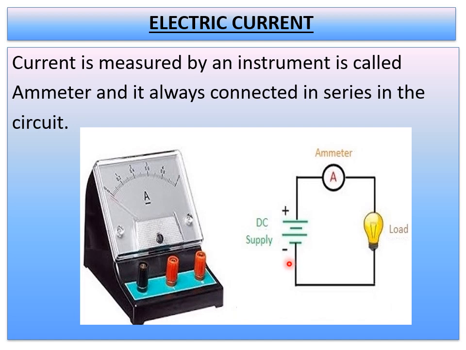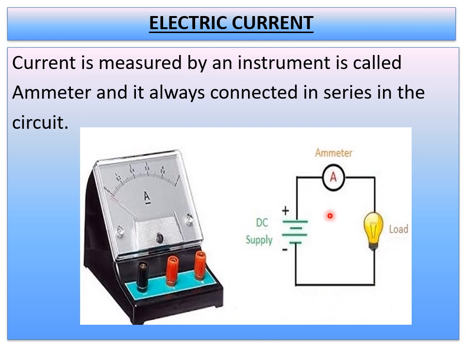DC means direct current. Whatever household gadgets you use, that is AC, alternating current. The cell or battery you are using to do the activities you have done in 8th standard, that is a DC source. And this is the load, here the bulb. See how each one is connected in end-to-end connections.